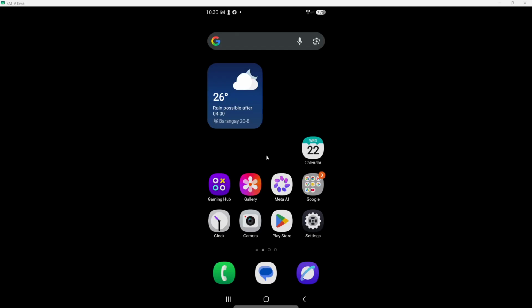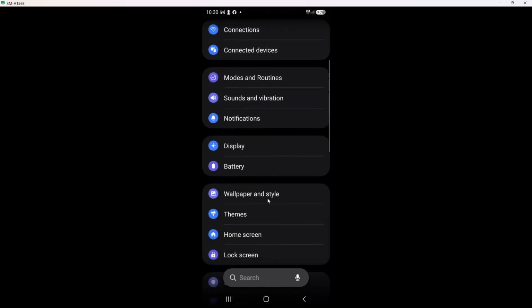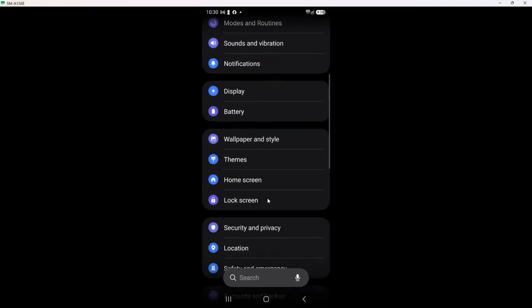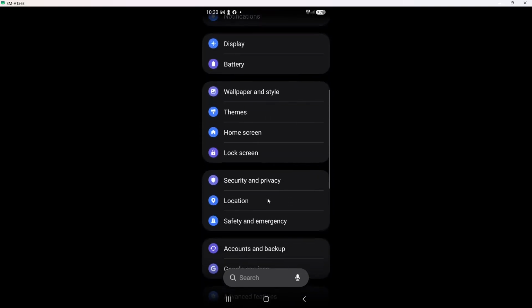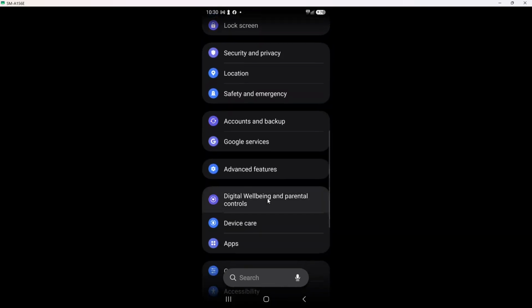First, let's start by opening the Settings app on your Samsung device. You can find this app in your app drawer or swipe down from the top of the screen to access the quick settings. Look for the gear icon, which represents the settings. Tapping this icon will take you into your device's settings menu where you can manage various configurations. This step is crucial because it lays the foundation for syncing your calendar across devices. You will see a clean layout with different categories, making it easy to navigate.